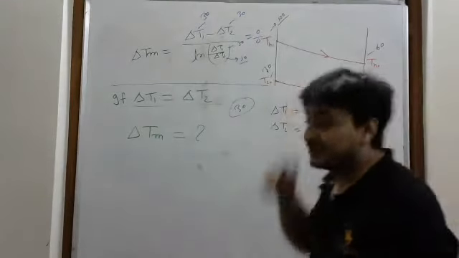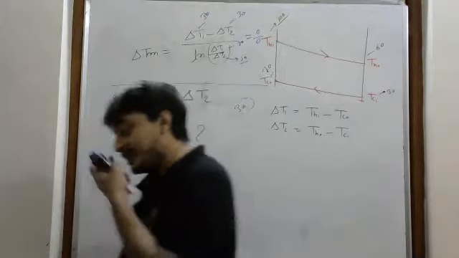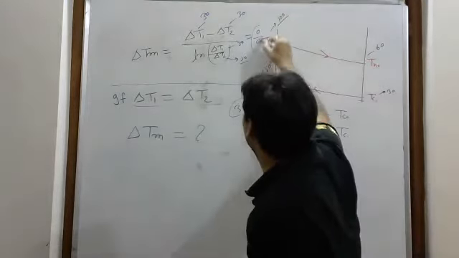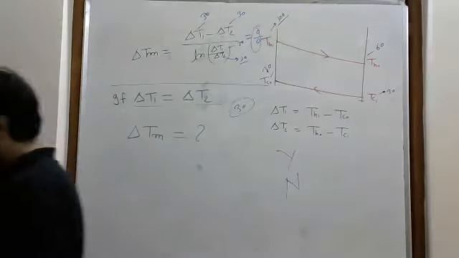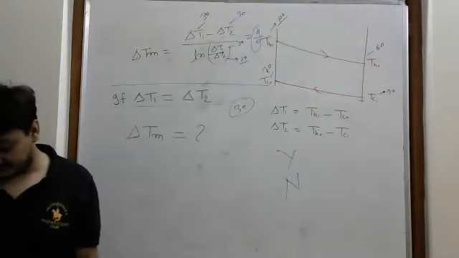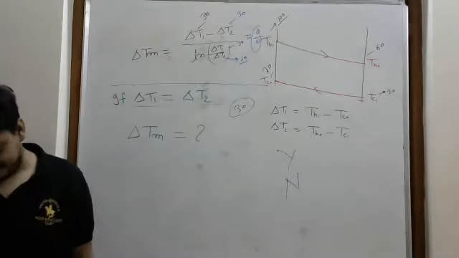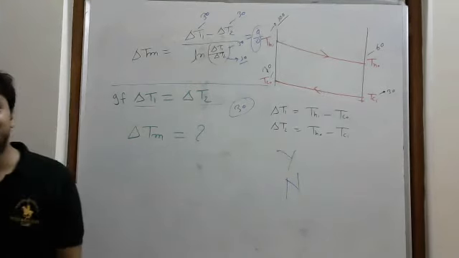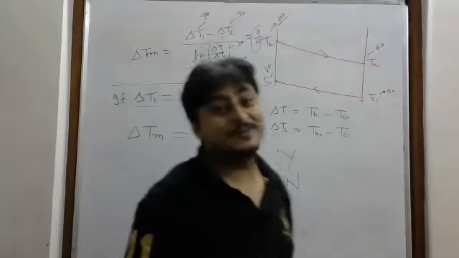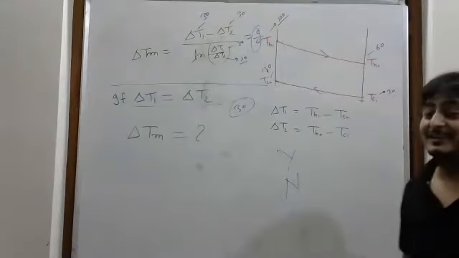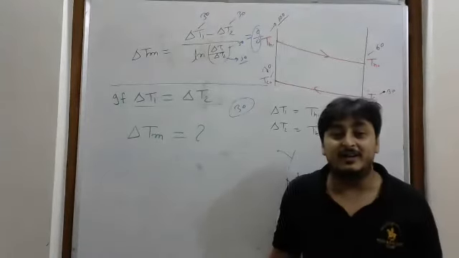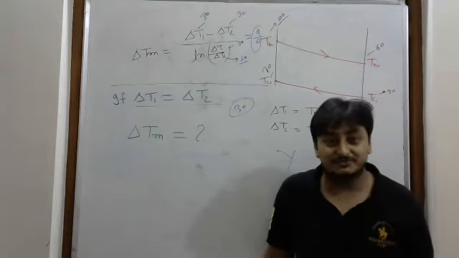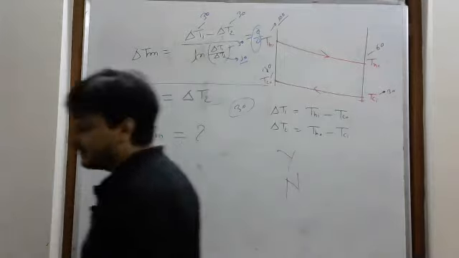0 by 0 means what? Can we say 0 by 0 is 0? Yes or no? No, no. Okay, then why have you given the answer as 0? If you have calculated only from there, like that only, then if you are saying 0 by 0 is not 0, how have you given the answer as 0? Because on the basis of that you have given, I think.